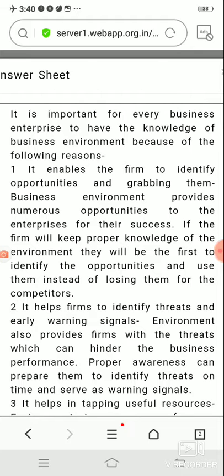The first thing will be that the business will be able to identify the opportunity which they are going to get in the future and they can grab these opportunities. It means business में अगर business environment की एक अच्छी knowledge business के manager को है तो वो बिज़नेस में कैसी अपॉर्चुनिटीज़ आने वाली हैं उन अपॉर्चुनिटीज़ को आइडेंटिफाई कर पाएगा और उस अपॉर्चुनिटी का